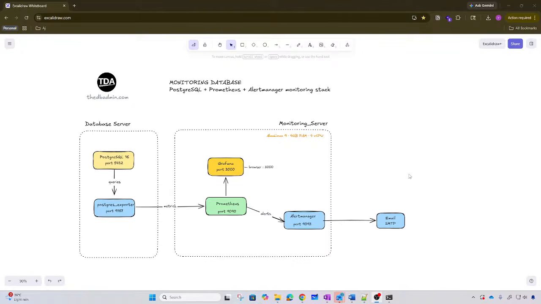So, in this live session, I'm going to show you how you can enable monitoring for your Postgres database, and also how you can set up the alerting. Before we do anything on the screen or on the CLI, let's understand the concept and the problem